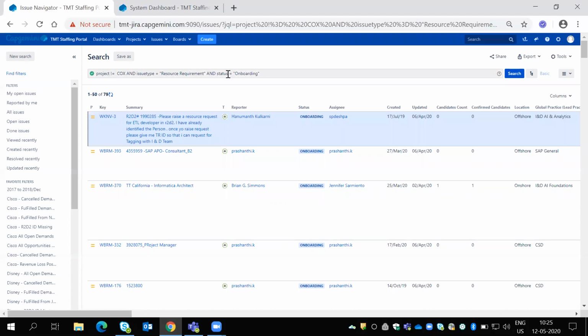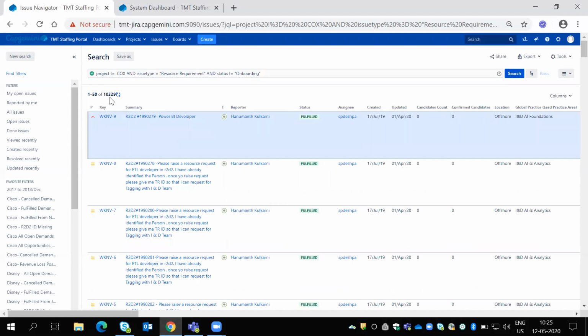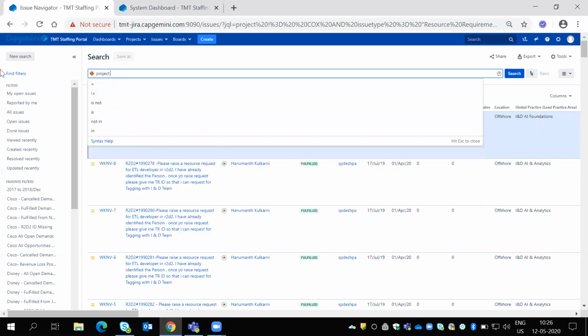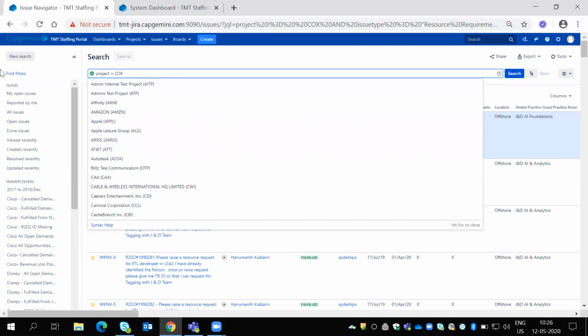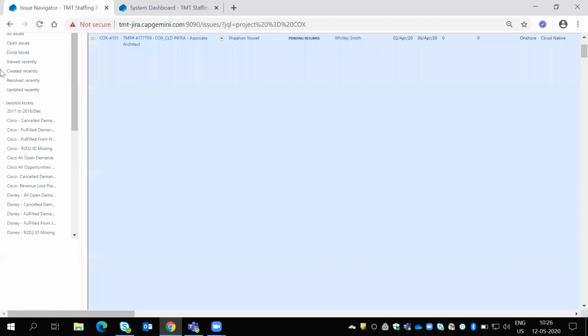I can write it here. Suppose not equal to onboarding. If I write not equal to, I get 10,329. So except onboarding, all will come now. So except Cox and except onboarding, all will come. So the complete query is: if I write project equal to Cox, only that project's tickets will come, not issue type or status-wise or anything.